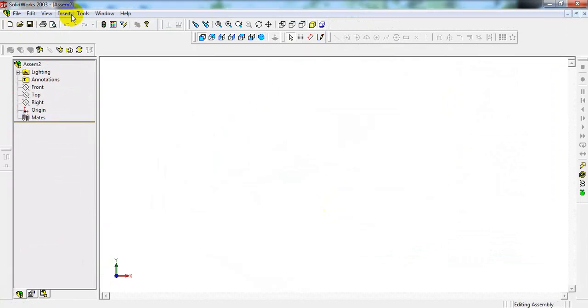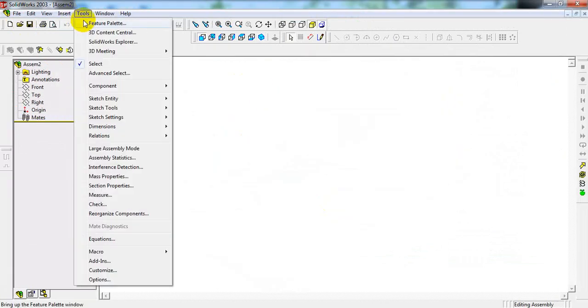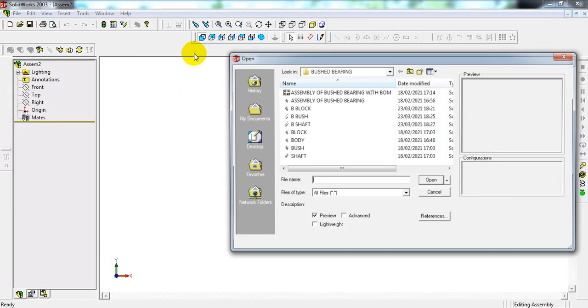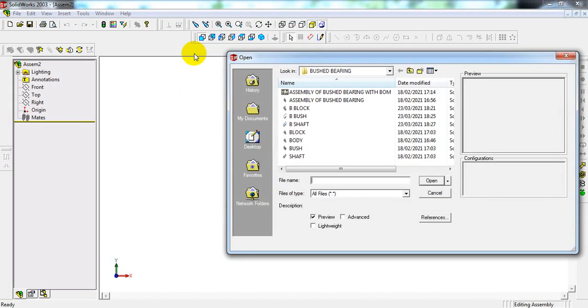Now insert component from file, open the specified folder where we have saved the parts.